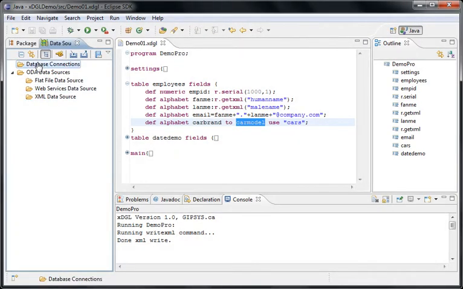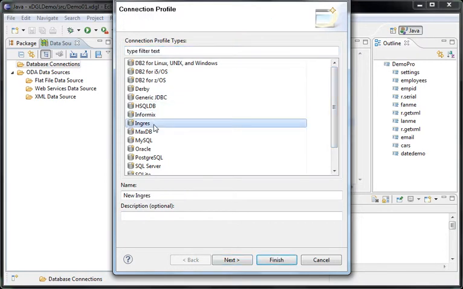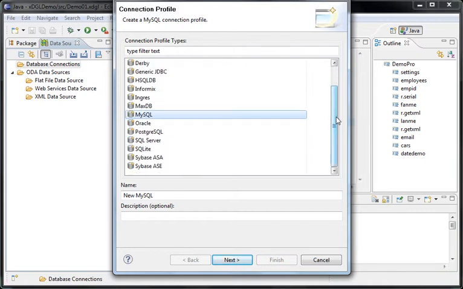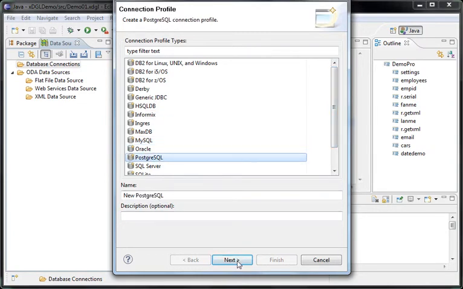Okay, in the data connections, let us create new. This is the beauty of DTP, it has all the sources and types of relational database management system, whether it is Informix, Ingres, MaxDB, MySQL, Oracle, Postgre, SQL Server, SQLite, and a lot more database management systems. If the database management system has a JDBC driver, then it could be installed in the DTP, and you can use it also in xDGL to generate data for. So I'm going to use PostgreSQL. Next,